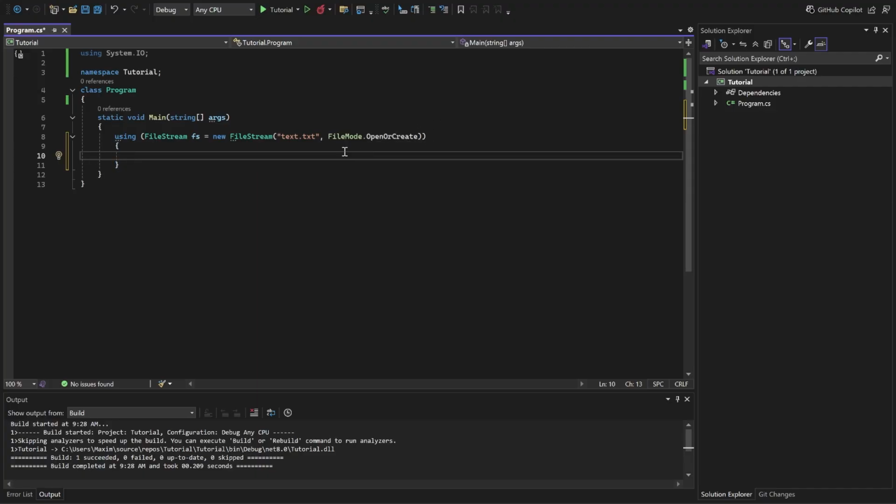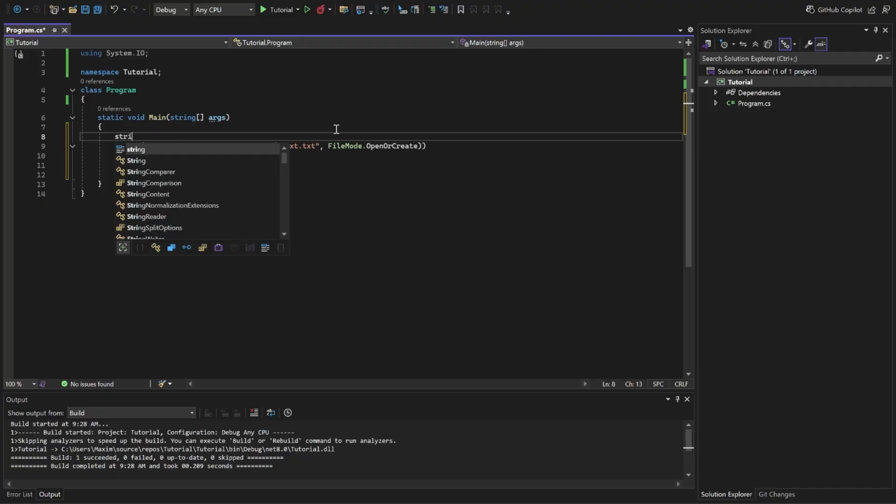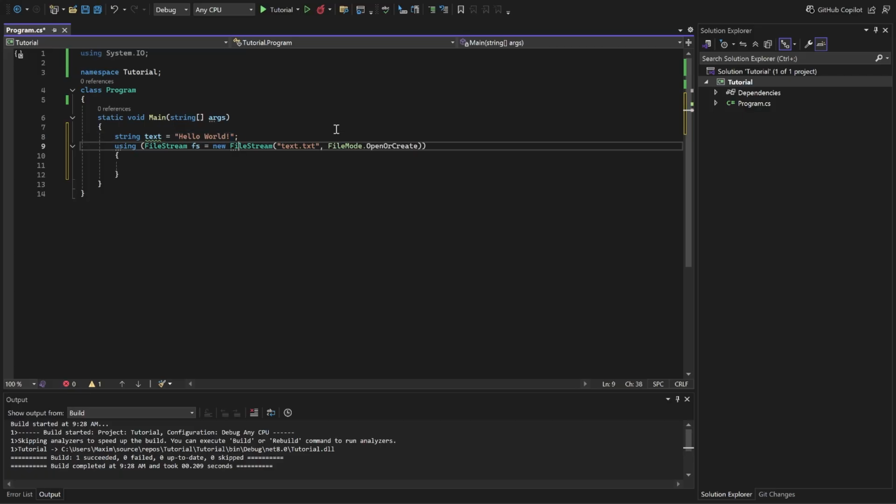So what do we do here? Firstly, we need to convert our string to a byte array. So let's say we have a string here, string text equals to hello world. How do you write it down in the file? We need to convert it to a byte array. For this, we declare firstly a byte array. Let's call it textBytes equal to